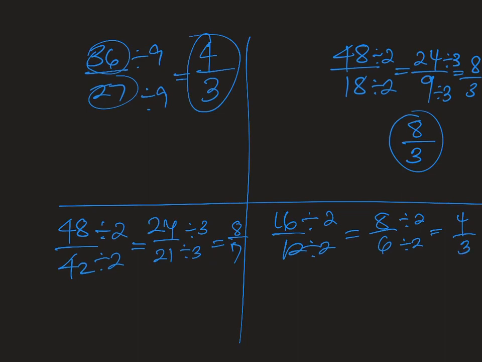So notice that you can use several options. You can prime factorize right away. You can have a situation like this where there's a greatest common factor you're aware of and you just take that out. Or you can have situations where you divide by 2 and then you divide by 3. Math teaches us how to think systematically, step by step. And this is one of the areas where you can apply that. So very good. We're going to switch gears here and look at another part of this section, which deals with